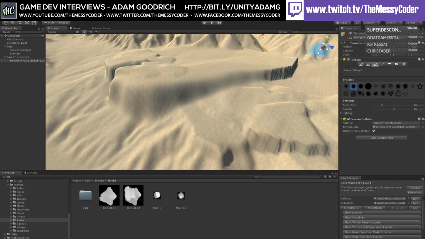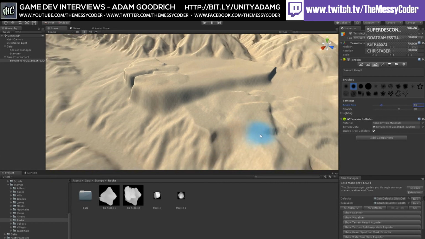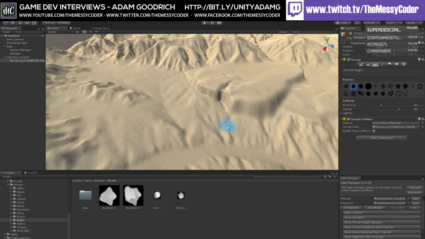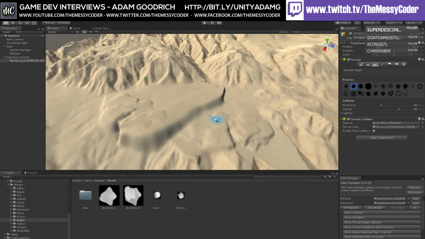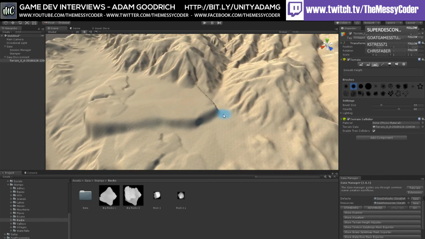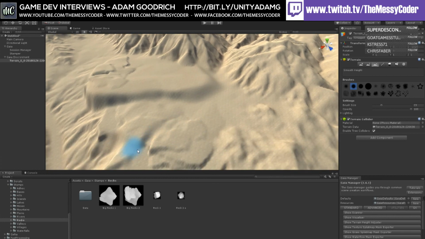So, that gives you a sense of how Gaia can do the macro, but it also gives you a huge amount of control over the micro detail in your environment. And that looks pretty cool. I would actually, at the back of that stamp, flatten that out a bit. Yep, beautiful. And then right at the back. So that's a really interesting little area for us to build our base on for the